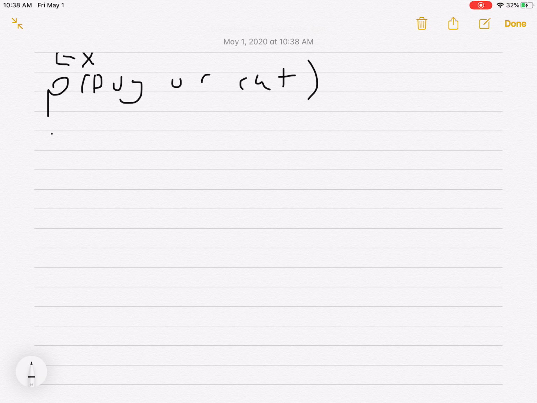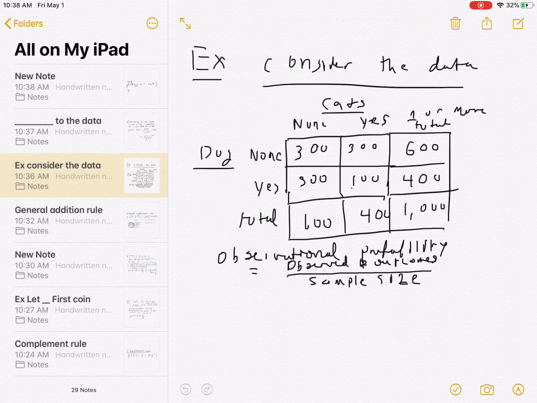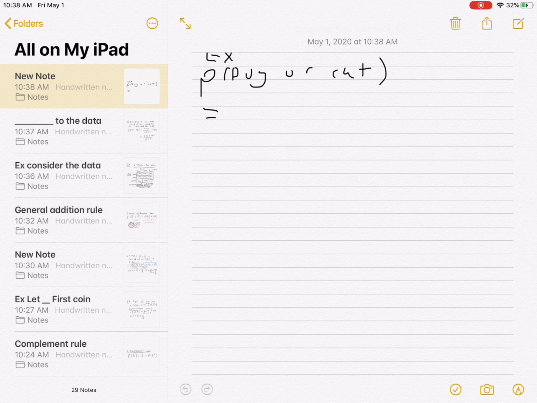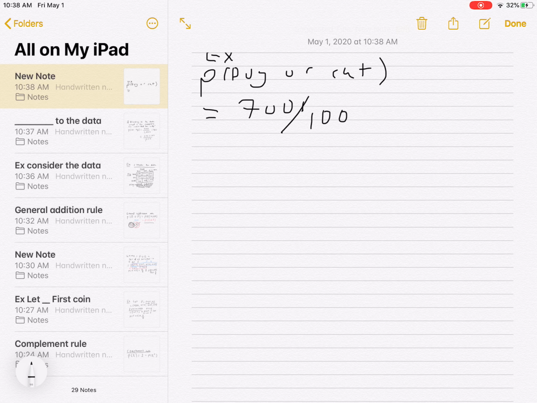And I could just go to the table. In this table, I could say, well, how many said yes to having a dog or cat? That'd be 300 plus 100 plus 300. So it looks like 70% have a dog or a cat. So I could do just this, 700 over 1,000,